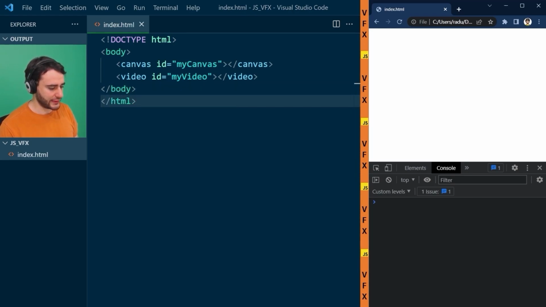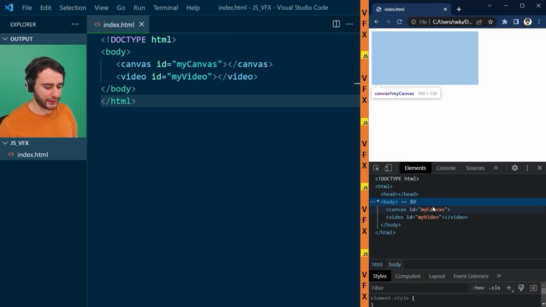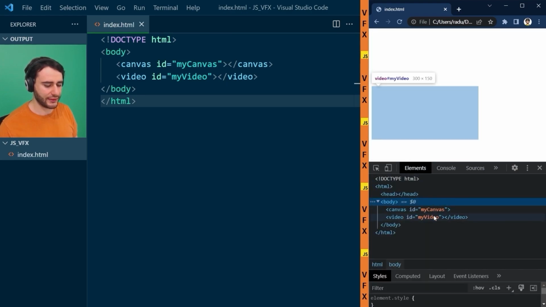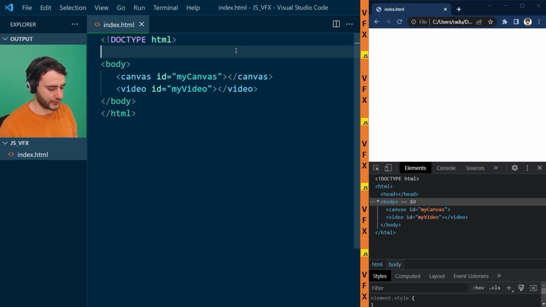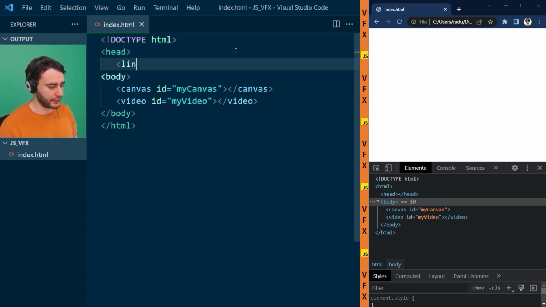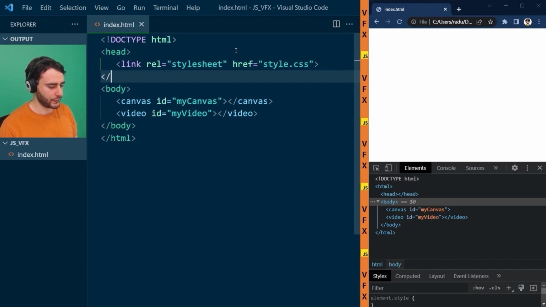Now, if I'm going to save this file and refresh the page, then nothing really happens. But here in the elements, they are there, this canvas and the video element. We just can't see them yet. So I'm gonna add the head section in our document where I'm going to link to an external CSS file like this. So I'm gonna need to create this CSS file by pressing here and typing